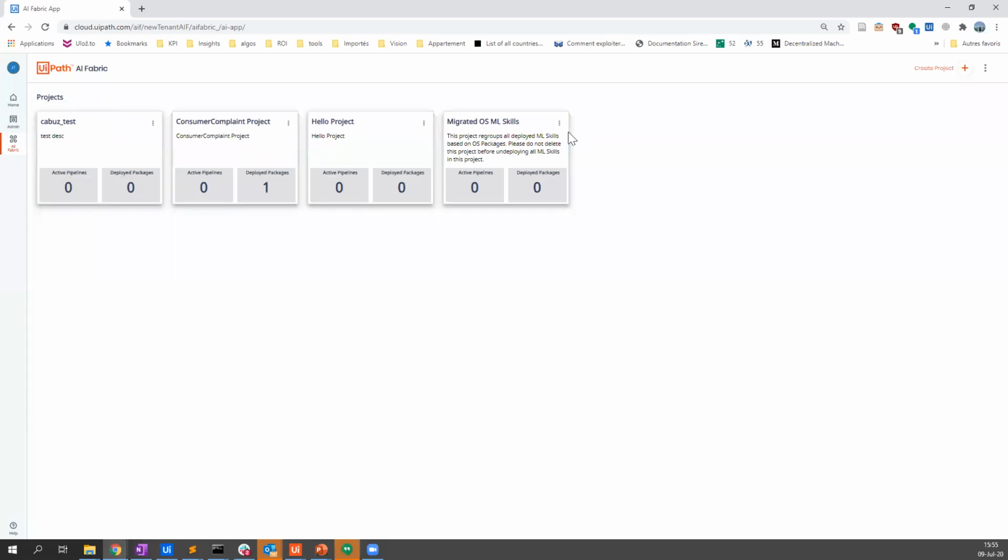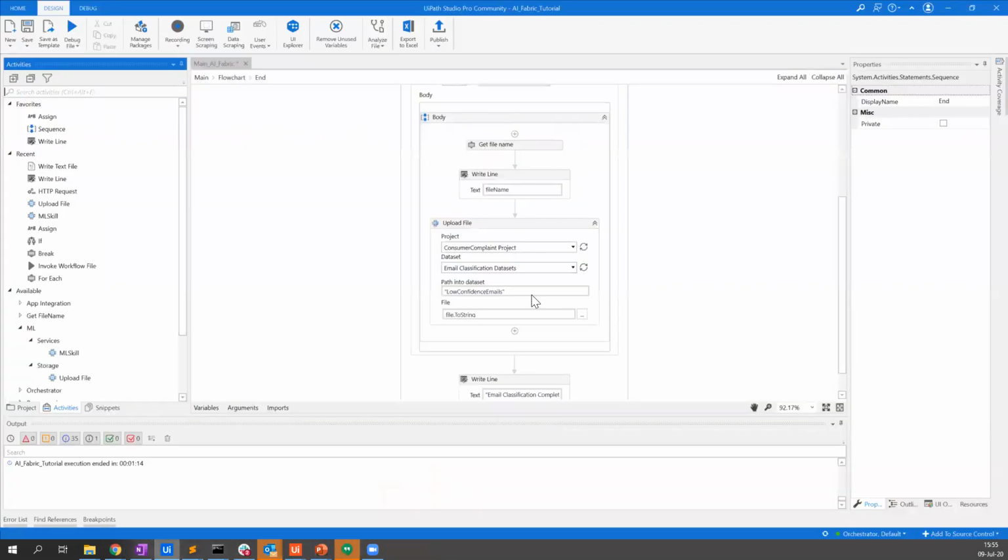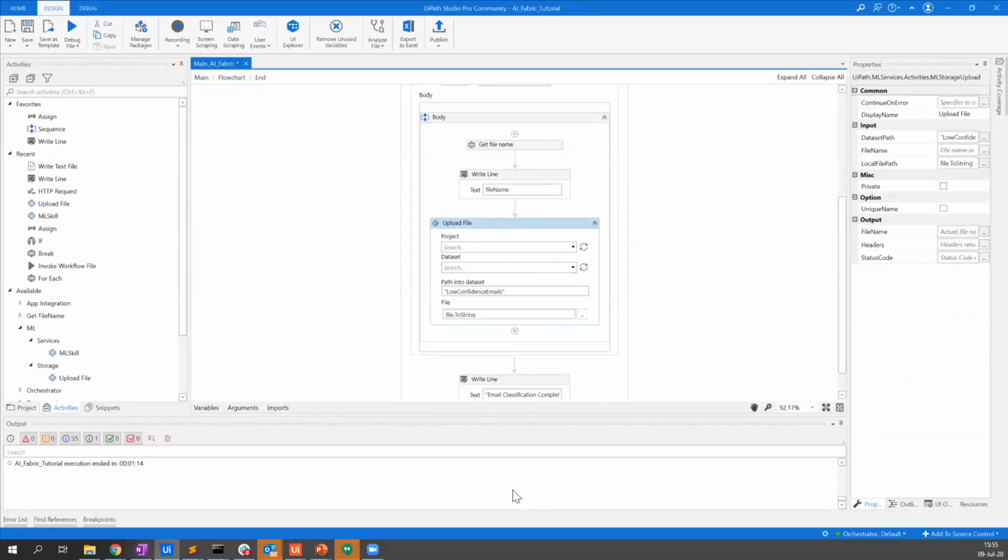And by the way, if you look here, I have 4 projects. And this is exactly what I get if I go to Studio. And here I want to fetch a project. I just refresh it here. And I can see that I have the exact same one. And if I change my robot to another account or another tenant, of course, the list will be adapted. Again, I select the project, and here I can see a list of datasets. Here I have only one, and we can just verify that it's correct on this side.